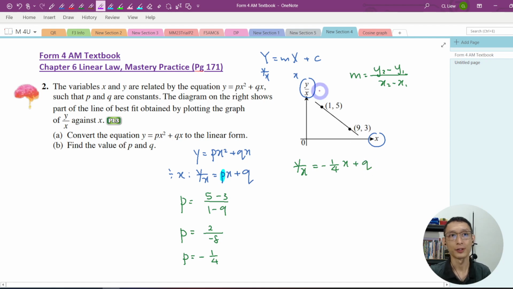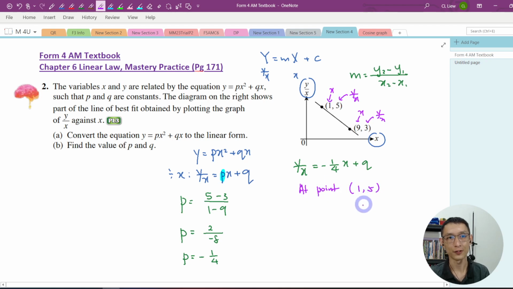But remember, this is actually x, okay? This is not y, this is y over x. The vertical axis is y over x. So same thing here: this is x, the horizontal axis, and this is y over x, the vertical axis. So let's say I use this point,